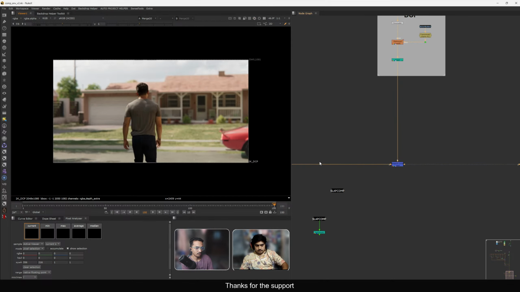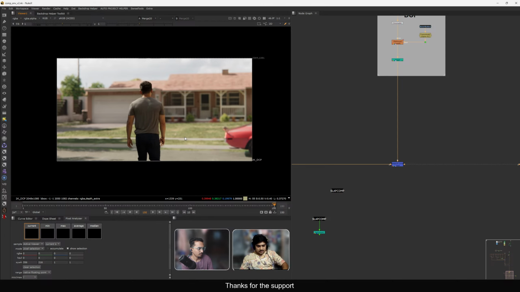The character, we're not going to touch the character because the character is the actual plate. So if you want to blend the character with this,